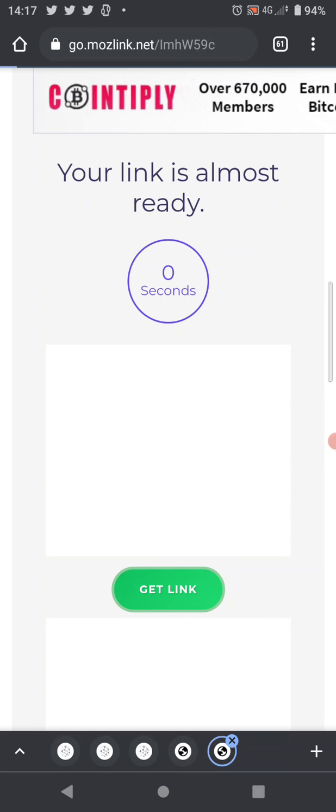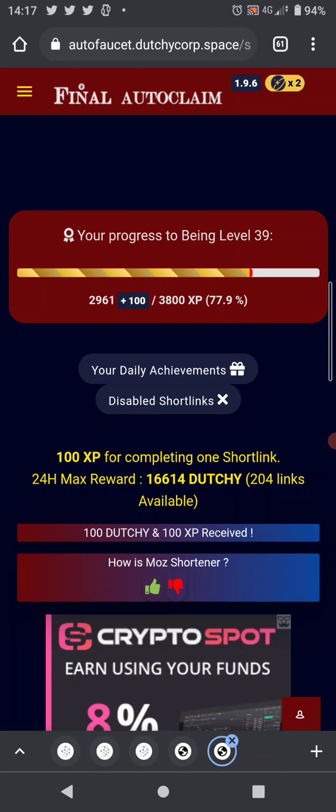That should be the last one now. It's just loading at the top there. You can barely see that, but I did click. Let's try again. No advert. And there we go. And that's how I got my 100 Dutchy reward, and I got 100 XP as well